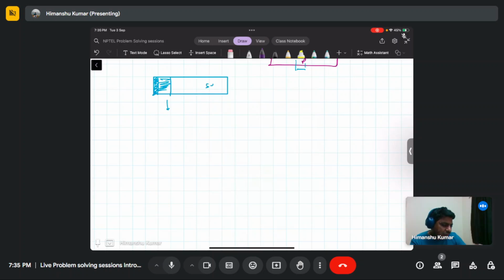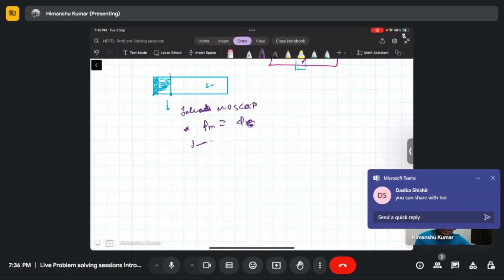So, the ideal MOSFET has some properties. First, the metal work function is equal to the semiconductor work function, so there is no band bending, and the interface trap charge is zero. So this interface is very pristine, but in a practical or experimental case, this may not be the case. There are trap charges because of the